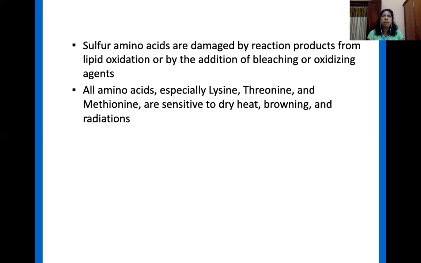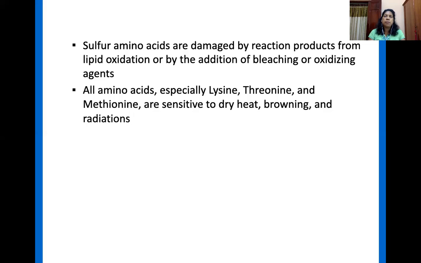Therefore, when we use protein for different product manufacturing processes, we have to consider what will happen if we use a high pH, if we reduce the pH, if we increase the pH, or if we apply high shearing forces. If we are going to introduce high heat, we have to consider those things too. That means you have to definitely consider the processing conditions before using them for product development.